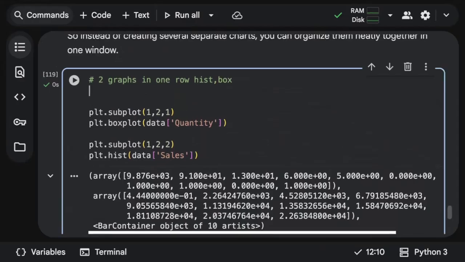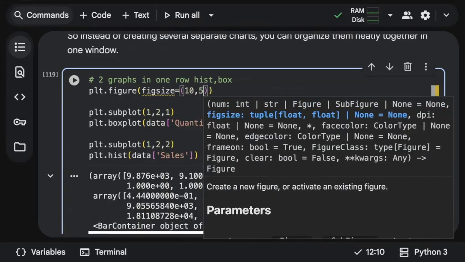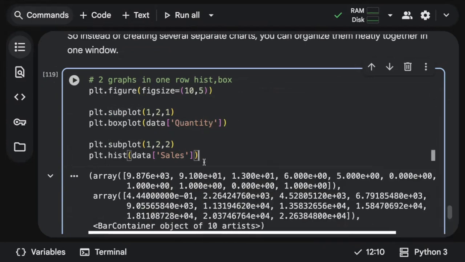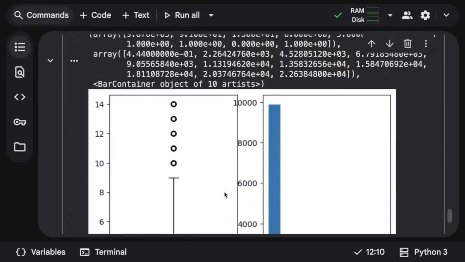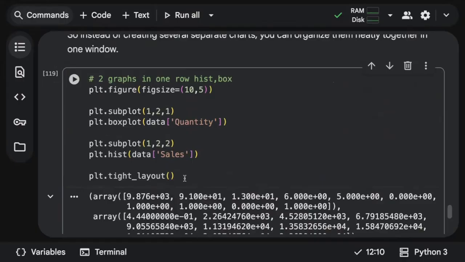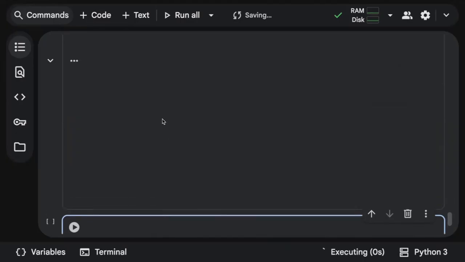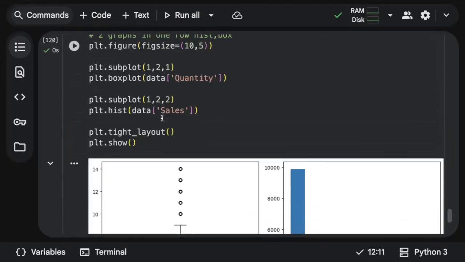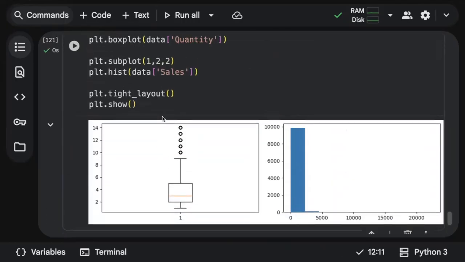So I'll set a figure size to adjust the size. So plt.figure, figsize equal to something like 10, 5. Great. And one more important thing: things are overlapping, right? To separate them clearly, we use a concept called plt.tight_layout. What plt.tight_layout will do is this overlapping you can see can be avoided. Then I'll say plt.show to display only the image. Can you see? You got a graph. A very clear separation you could see, and it looks really good.